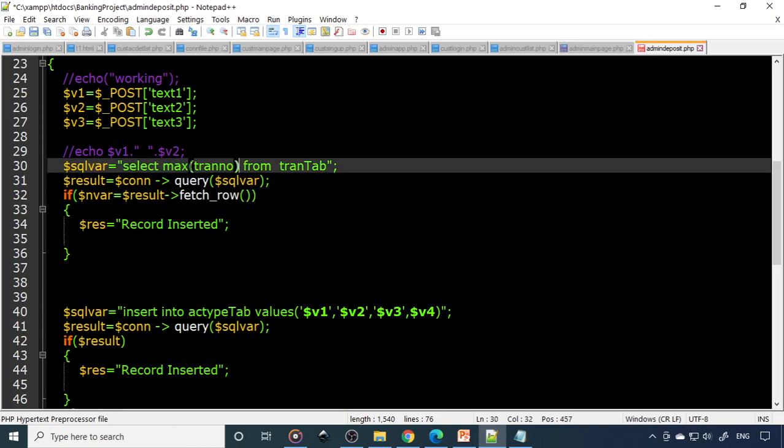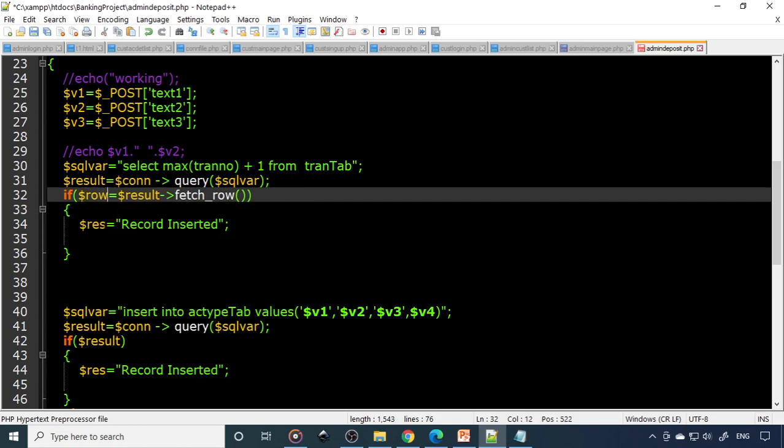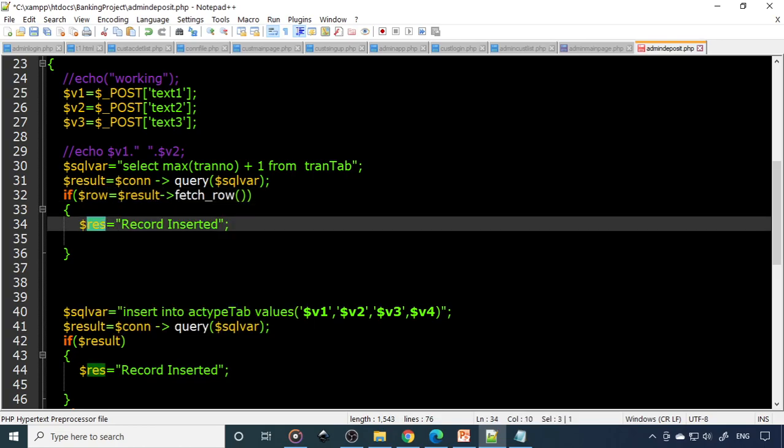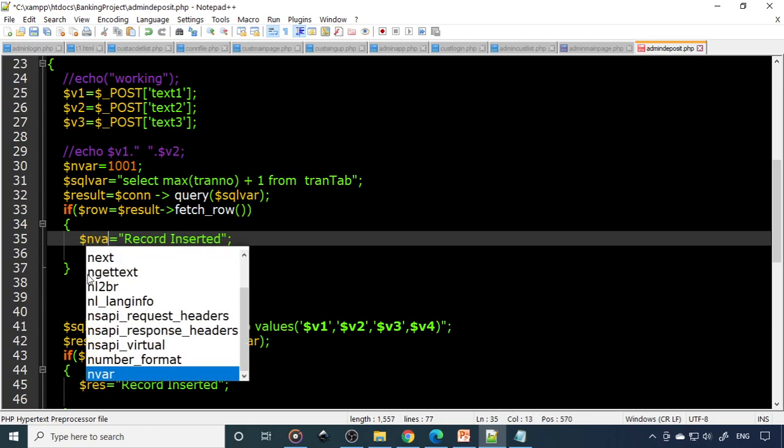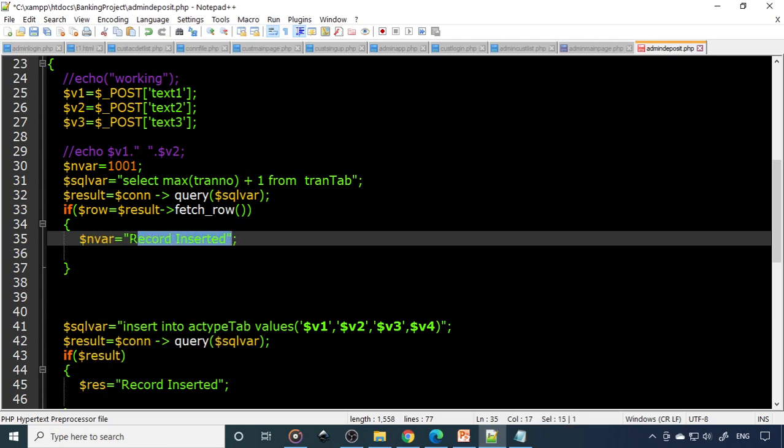Okay, so we'll take a max transaction plus 1 also here, plus 1 from transaction type, because we want to increment here only, and this is the nvar, or you can say this is row. So here in the beginning we'll write $nvar or tvar, a transaction variable, that is equal to 1001, and here again it is nvar. Now we'll take the value, whatever the value is there in the row of 0.